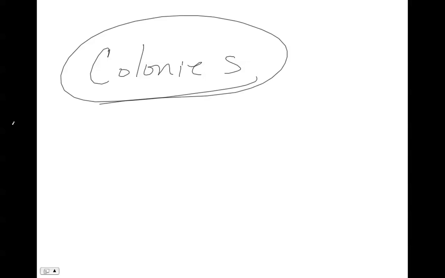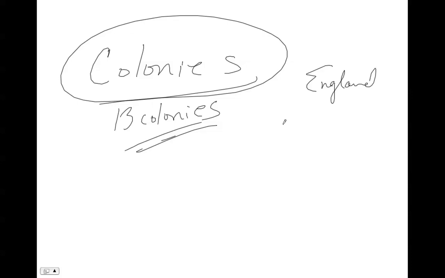The goal of mercantilism was to keep wealth within the empire by making it self-sufficient. And mercantilists ultimately sought to render all importation of foreign goods unnecessary, and they wanted to use, of course, colonies. They wanted to use colonies to help them do that. So you had the 13 colonies. And you had England, which was the mother country.